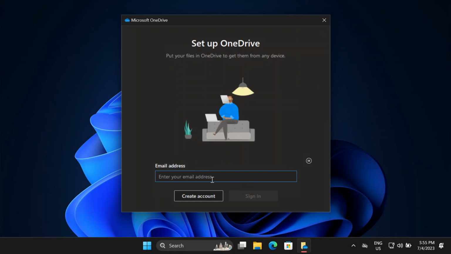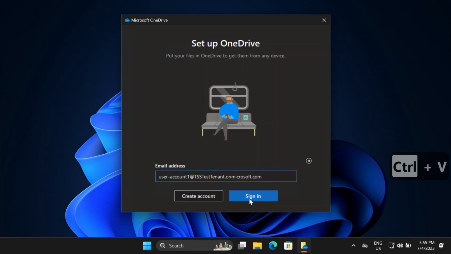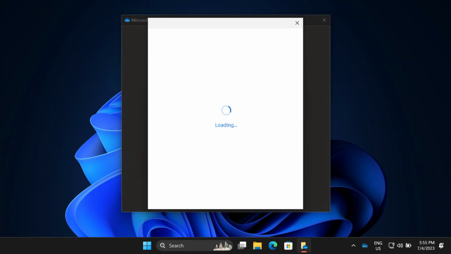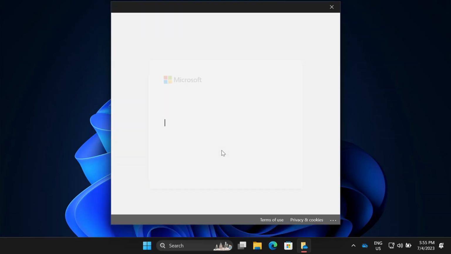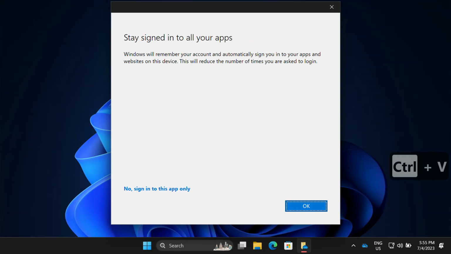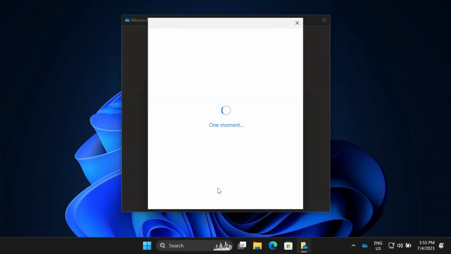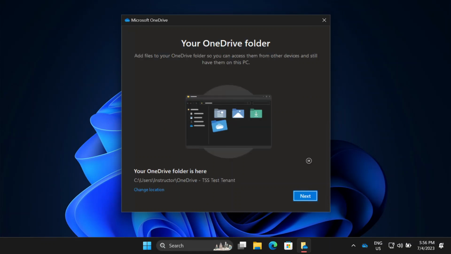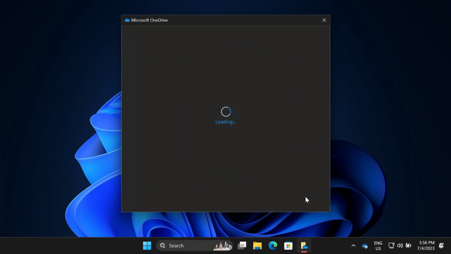OneDrive should already be installed on your computer. Now, if we're not signed in already, we can go through the sign-in process, putting in your Microsoft account credentials. And here we go. Now it's going to tell us where our OneDrive folder is. Ultimately, we don't have to pay too much attention to that. If I hit Next,